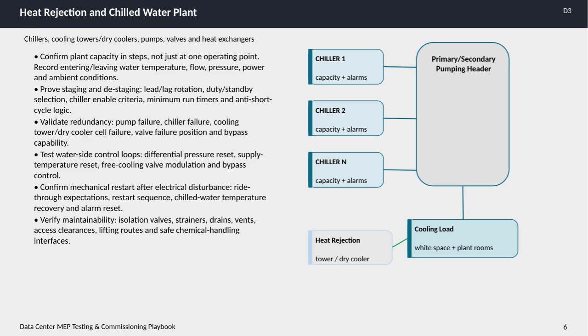We check the plant's ride-through capabilities, the restart sequence, how quickly chilled water temperatures recover, and whether alarms reset properly after an event. Finally, we verify the maintainability of the plant. This means ensuring isolation valves, strainers, drains, vents, access clearances, lifting routes, and safe chemical handling interfaces are all in place for safe and efficient maintenance. Together, these steps ensure a robust and reliable chilled water plant that supports the critical cooling needs of a data